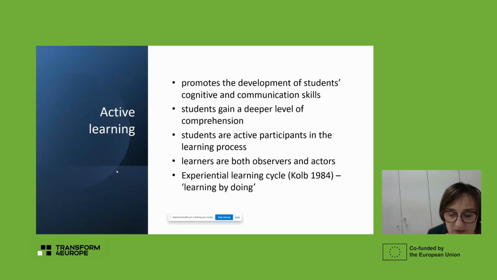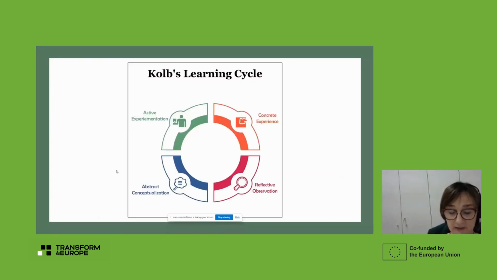His main idea was that if we want learning to be really effective, the student has to go from one stage to another, to progress through a kind of cycle, which he also described, and it's a cycle of 4 stages. I have it here if you look at it. So as you can see, this is Kolb's learning cycle.